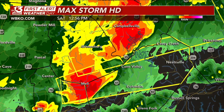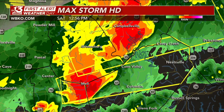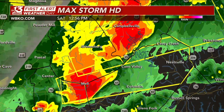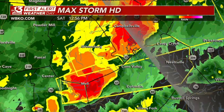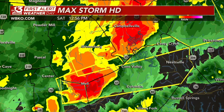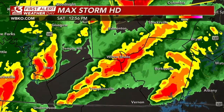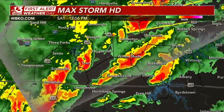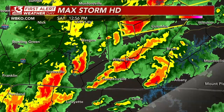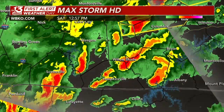And I'm looking at other issues from the National Weather Service. It looks like we're dealing with some other strong thunderstorms just to the south of this. They're not warned, but they are very strong thunderstorms. I want to read the wording to this real quick. 50-mile-per-hour winds and pea-sized hail. This is going to be just to our south of these warnings. This is down in Cumberland, Monroe, also to southern Metcalfe County, southern Barren County, even into Allen County. We've got more of these cells moving through. And notice just how much red and orange is on the radar. We are noticing very heavy rainfall with these storms, along with these very, very strong winds moving through South